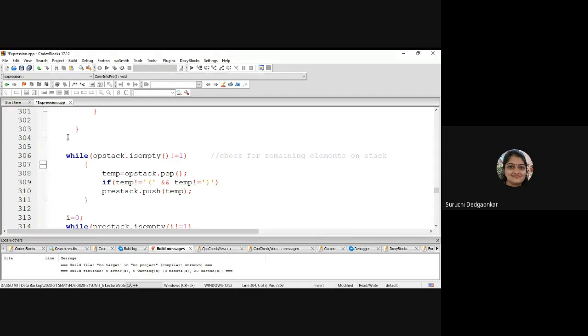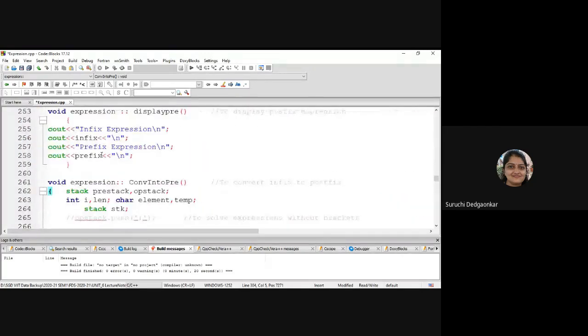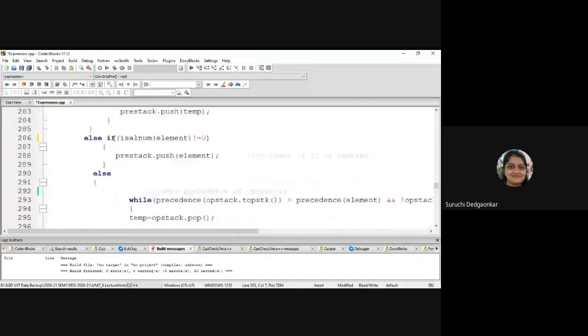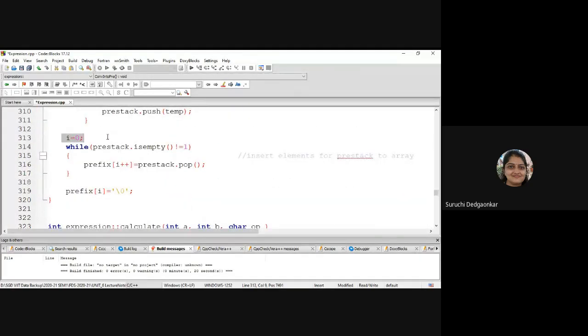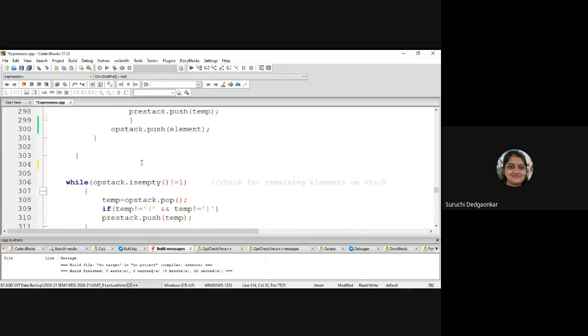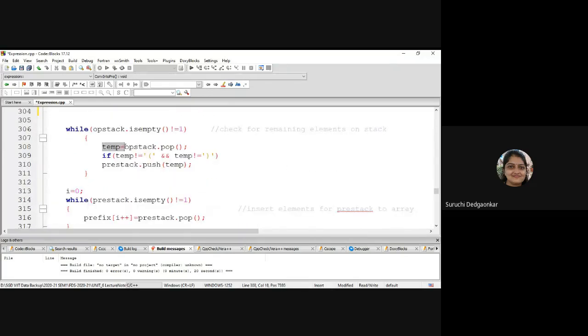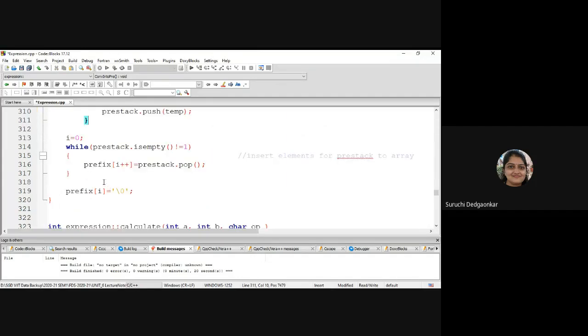And then at the end we have to pop everything from the OP stack and copy into the pre-stack. After the for loop is over, we are popping everything from OP stack and pushing into the pre-stack, and then we are displaying from pre-stack.